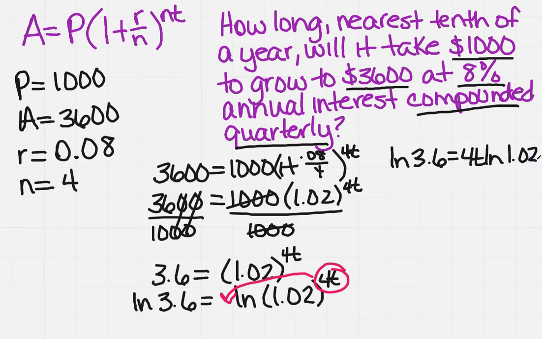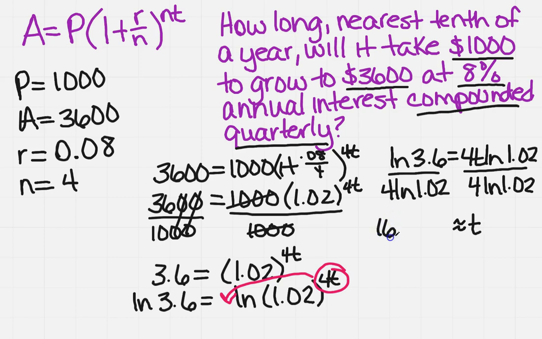All right, now I can get t all by itself. So everything else I want to get rid of. So I'm going to divide by 4 ln 1.02. Now, we know that this is going to be an approximation because I'm dealing with natural logs. So I'm actually going to enter the 3.6, take the natural log, and when I've done that calculation, I get